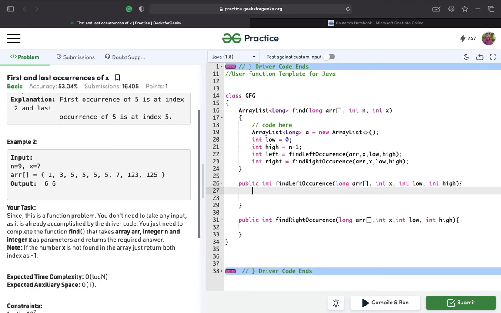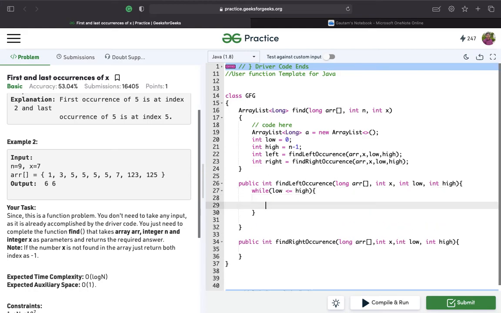We'll start with the loop itself, which is common in all binary search algos: low less than equal to high. Now we'll find the middle element, so mid will be equal to low plus high minus low by 2. Why haven't I directly done low plus high divided by 2?